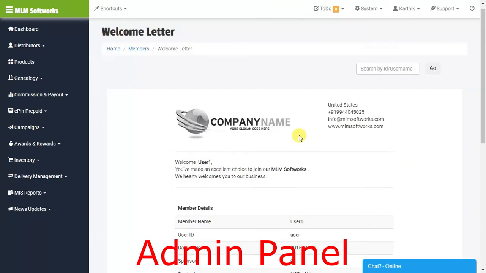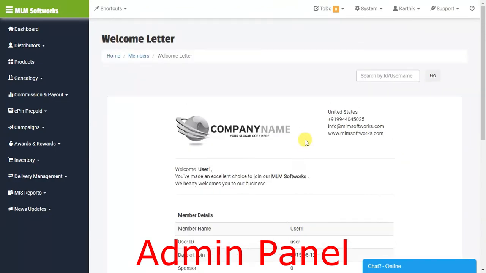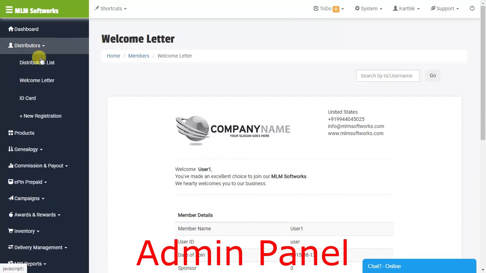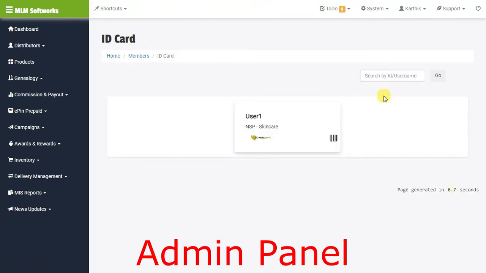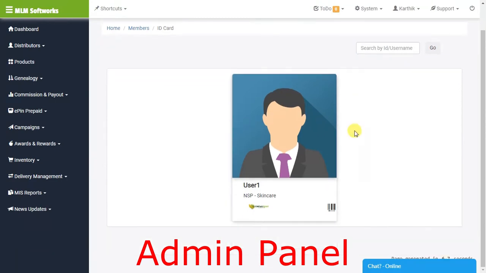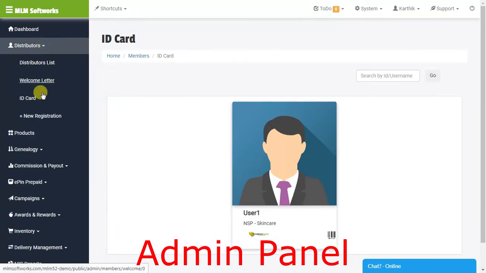The welcome letter is a normal form of every MLM company. Then ID card. You can see the ID card also. It is a member ID card. It is not printable. It is just for the format. Then it is the new registration. The same we already saw.